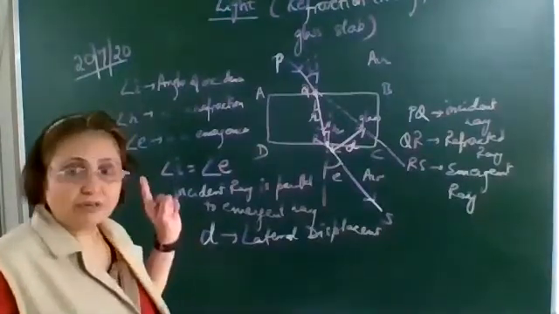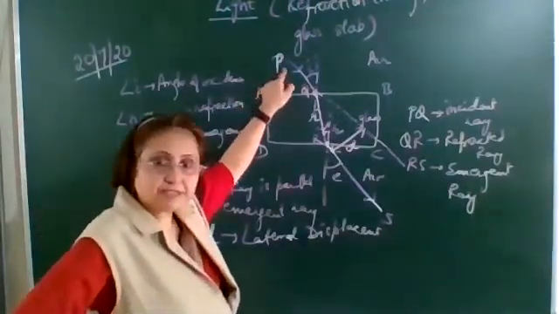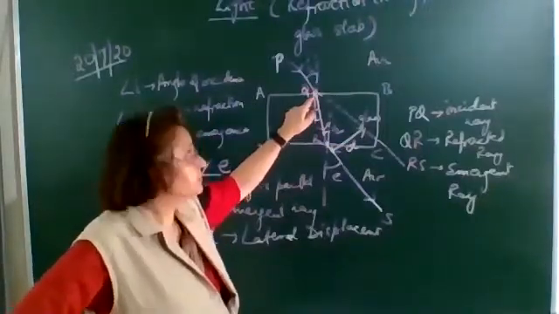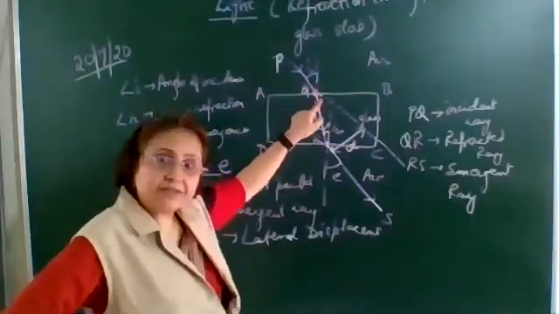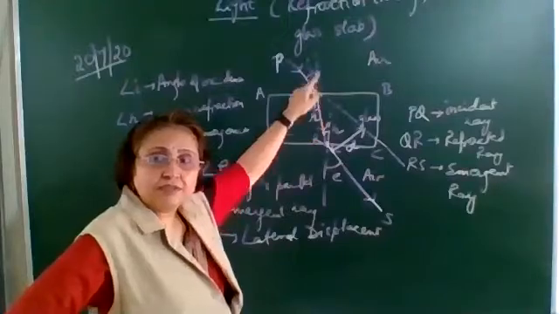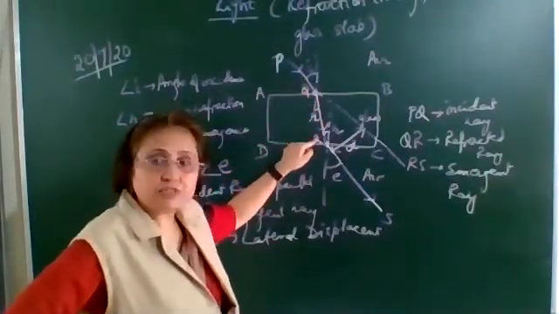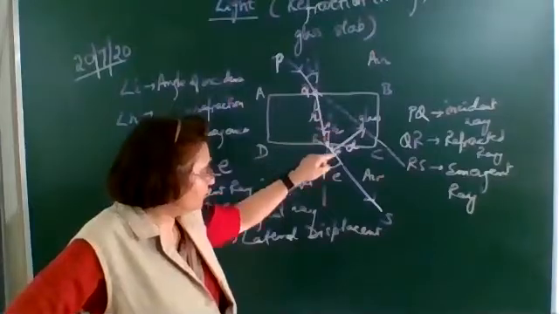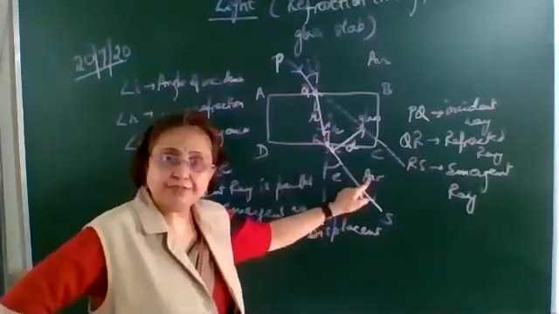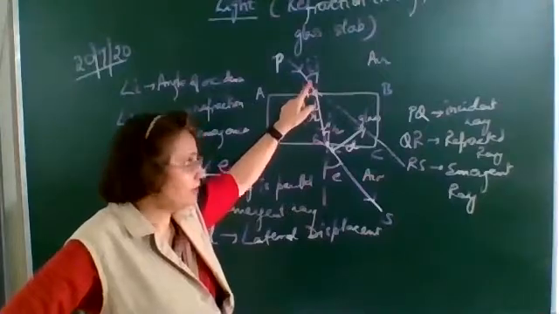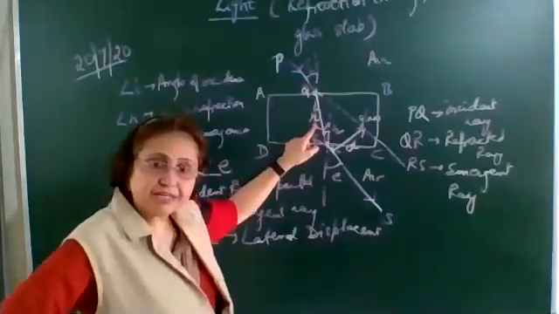So, understood how the refraction takes place. We draw the boundary of the glass slab. Q is the point. Draw one incident ray. First you have to draw the normal, and this ray of light will bend towards the normal. Now going from glass to air, it will bend away from the normal. Mark the angles between the incident ray and the normal, the angle of incidence, and between the refracted ray and the normal,